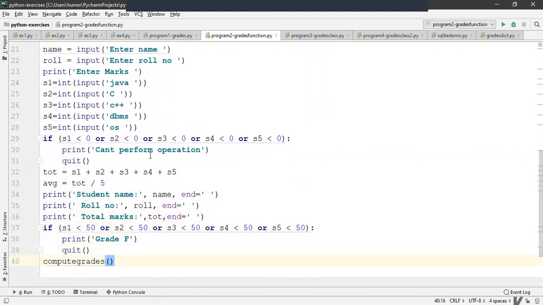Here, it is checked whether any of the entered marks is negative. If yes, then the program quits. If no, then addition of all 5 marks is done and stored in a total variable. An average is calculated, and then student name, roll number, and total marks are printed on the monitor, followed by